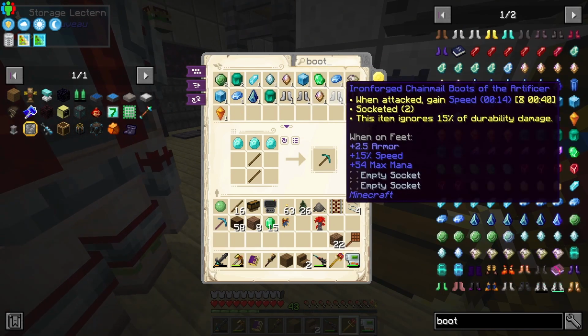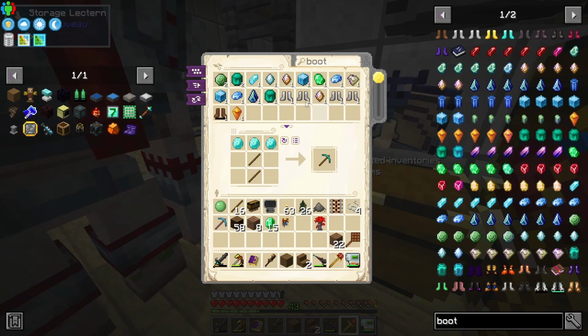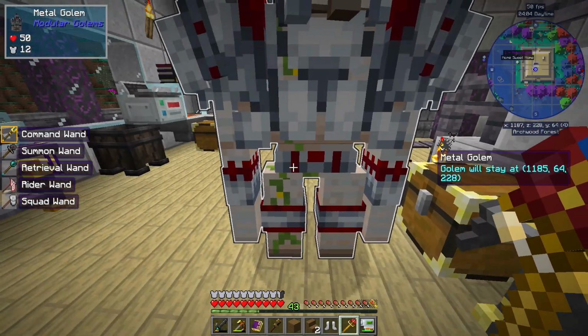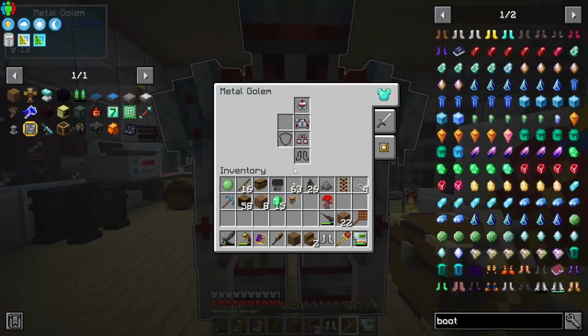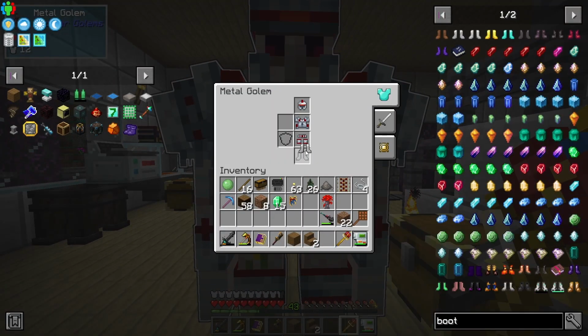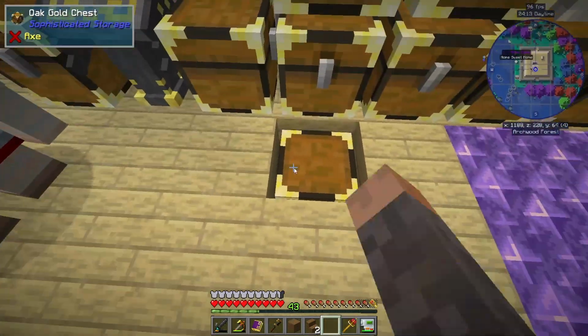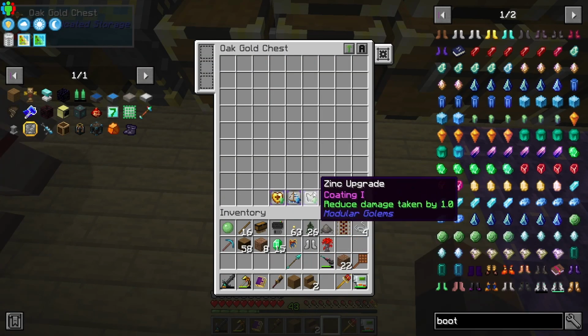Let's see what we've got. I don't want those shoes. 20% speed. That could be pretty handy for him. Shift and right click to get a hold of this. No, I can't put shoes on him. He cannot use them. All right, so I think I decided I was going to use the spear,